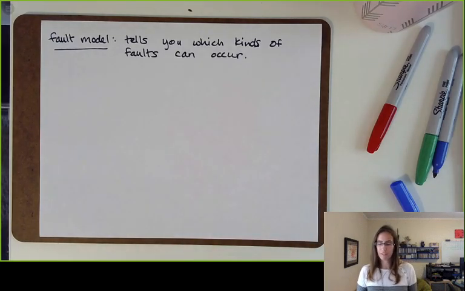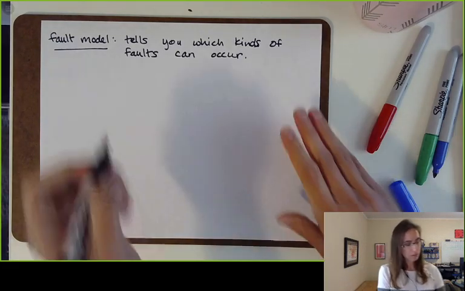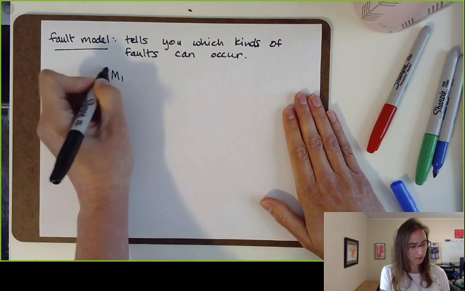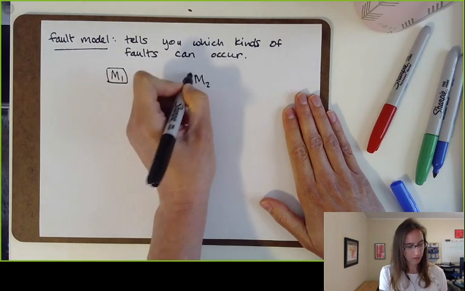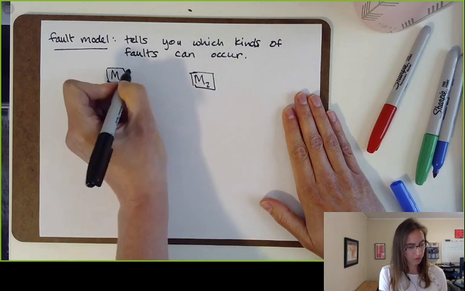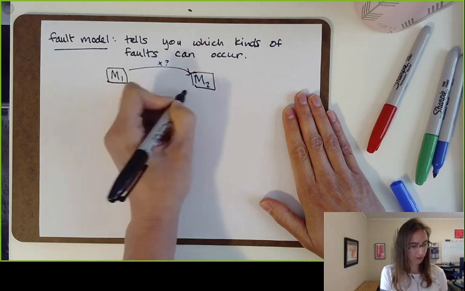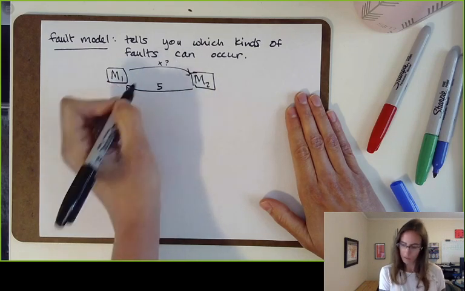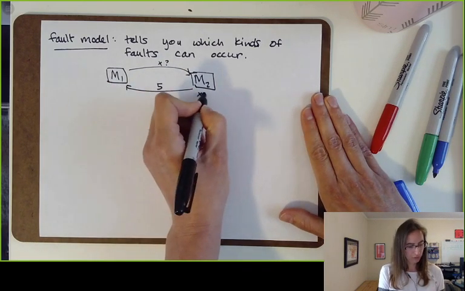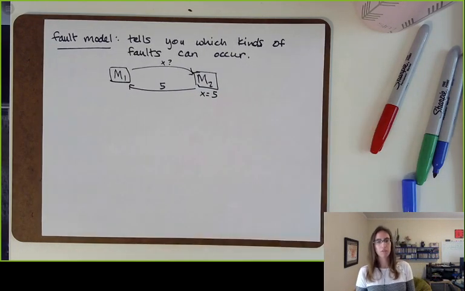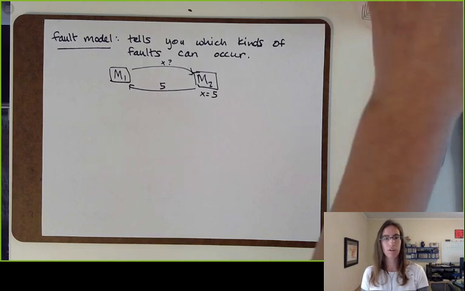So if you think back to day one of class, we talked about this scenario where we have two machines. And machine one asks machine two a question and hopes to get a response. And we talked about a bunch of different ways in which this could go wrong. Can somebody remind me of some of those ways in which this could go wrong that we talked about before?